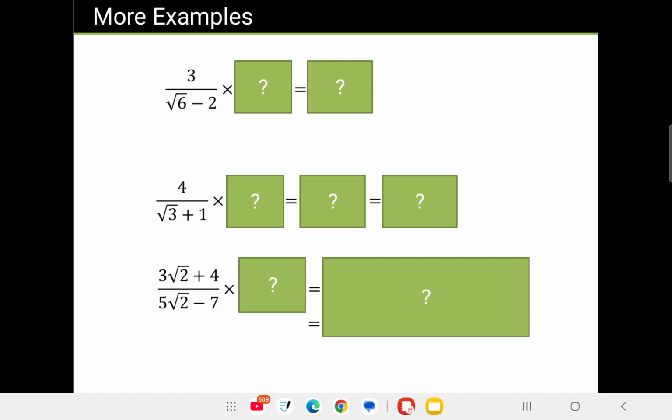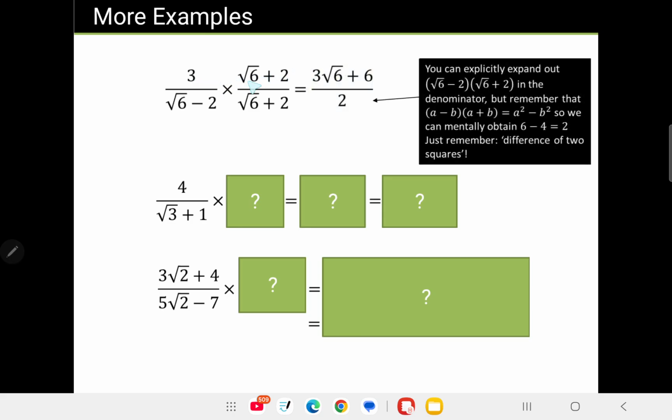Again, you have more examples of the same kind of question. If you want to eliminate your surd value, in this case you should change this sign from negative to positive, and you need to times that value up and down. You can see over here we times by root 6 plus 2 up and down, and it's 3 times root 6 for the numerator